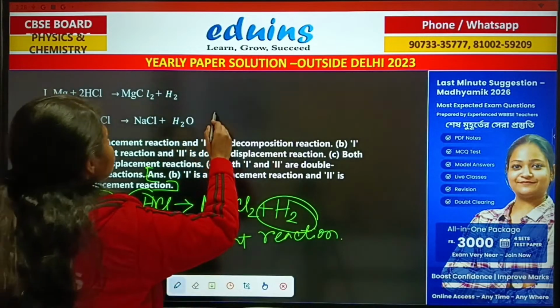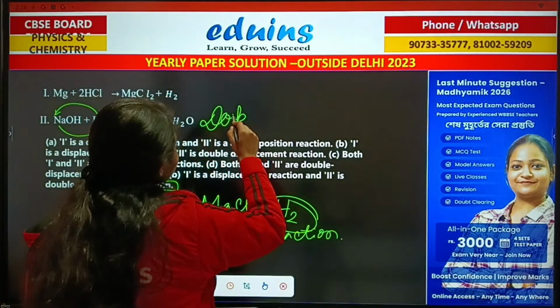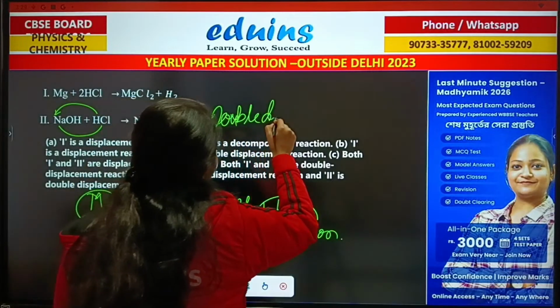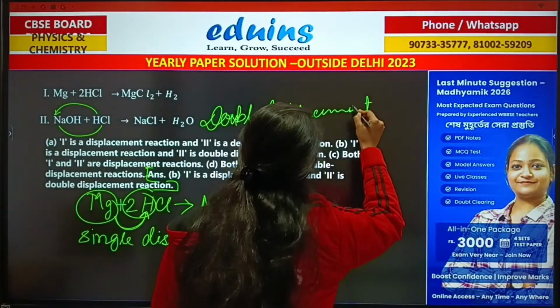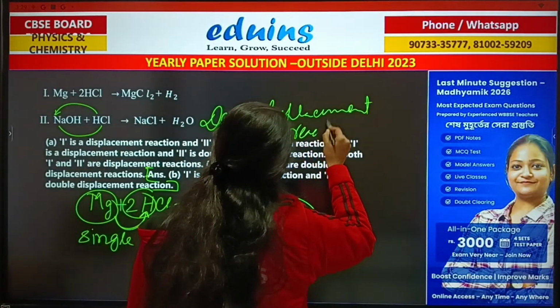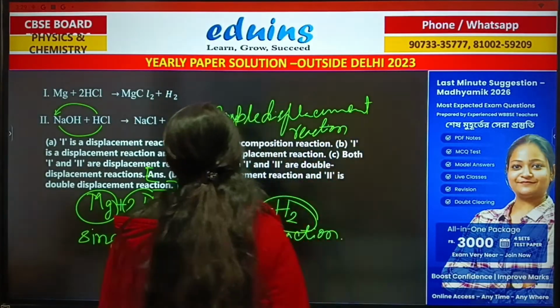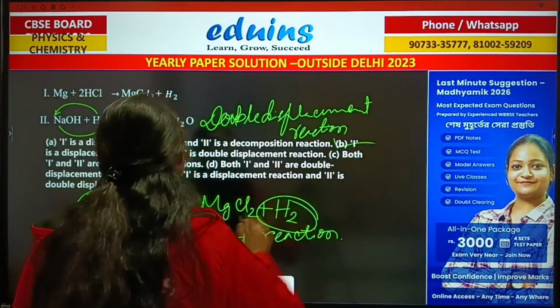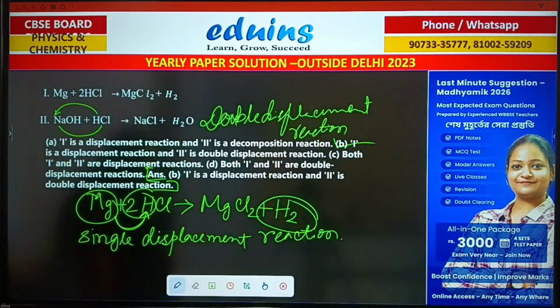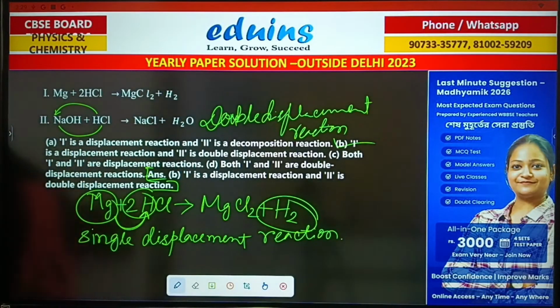Okay, so this is an example of double displacement reaction. That means option B is the correct answer. I will give you the answer, but I already gave the answer. So now